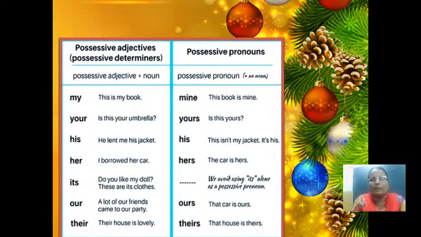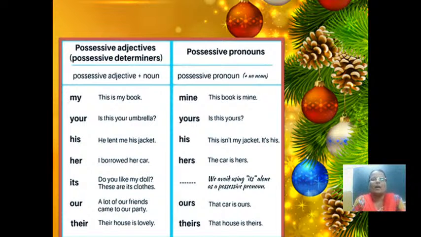That means a possessive adjective is always followed by a noun, whereas in the case of a possessive pronoun there is no noun. Possessive adjective samples are my, your, his, her, its, our, their. And possessive pronouns are mine, yours, his, hers, ours, theirs,